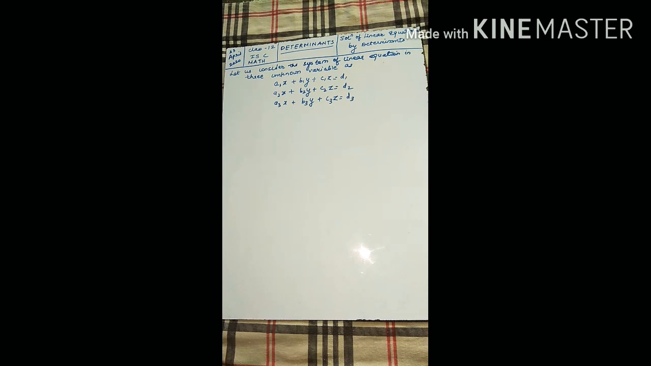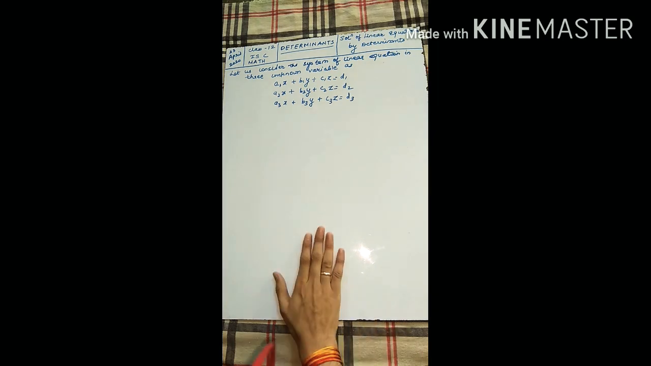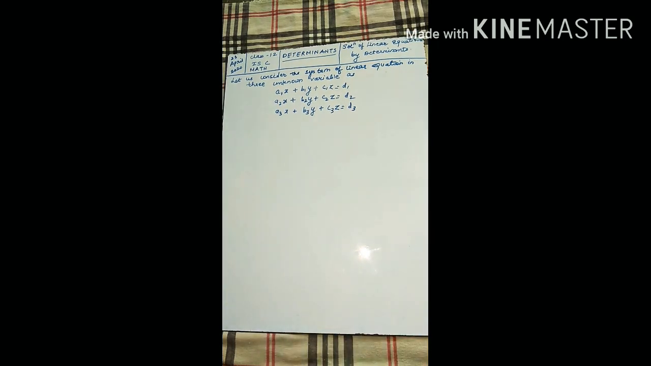We are going to see certain methods which help us to solve linear equations. In n variables also we can solve. Okay, so here in front of you we are given the solution of linear equations by determinants. So let us start here. I have considered the system of linear equations in three unknowns. As you can see, the three linear equations are in front of you, that is